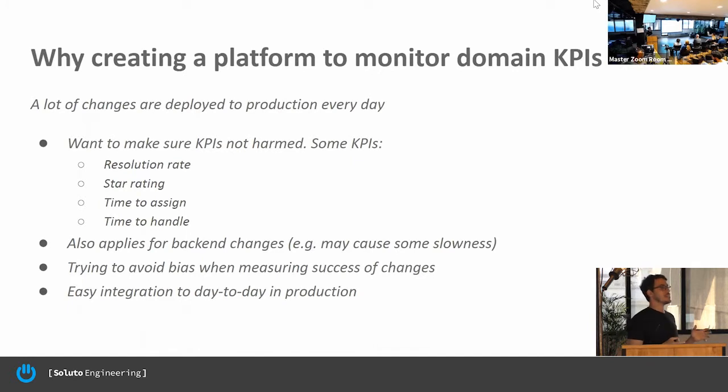So what we try to achieve in this new system we created. Every product has KPIs, meaning the key performance indicators with which we measure success. In our case, what we usually measure is first the resolution rate and star rating. So what are those? Two explicit questions that are triggered to a customer at the end of a session. First asking him, was your issue resolved? Yes or no? So it's a binomial response. And the second one is the star rating, rate your expert. So this is like Get Taxi, Uber, stuff like this.